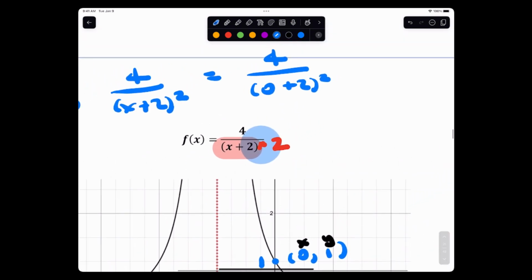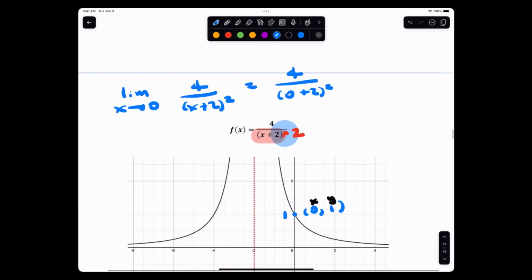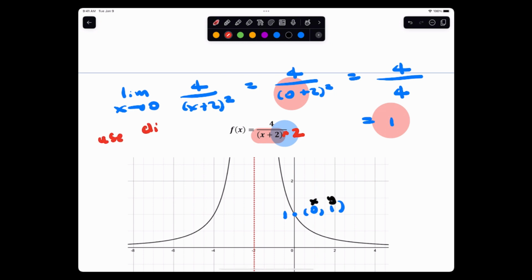How do I know this? If you plug in the value, remember we're plugging in the value? What does that equal? 2 squared is 4. And what does that equal? 1. What did I just do? Anybody know what I just did? Yeah, your book calls this what? At this point, they say use what? Direct substitution. All that means is directly substitute the value of x into the function, and you get that